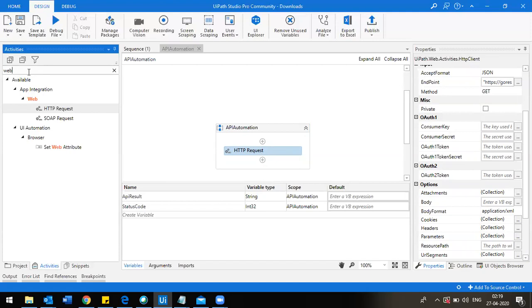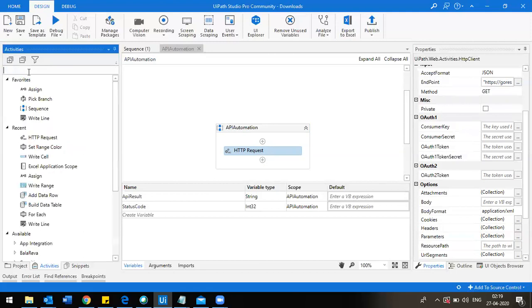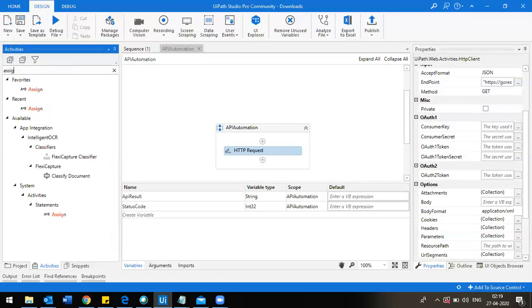That conversion from JSON to string, we call deserialization. Okay, so we'll see how we can do that.